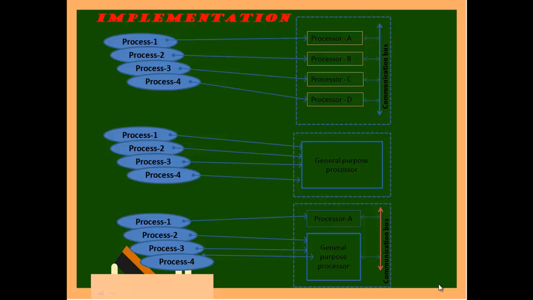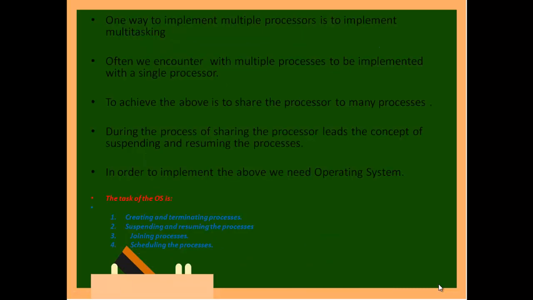So this one will do its task and give it to this one, and this will do a task and give it to the next, and they will operate in a sequence. Or what I can do is bring all processes to a single general purpose processor and implement it. In some cases, assume process A alone receives audio, and that audio has to be cleaned of noise and demodulated. Then the remaining you can do with a single processor. So process 1 alone is done by a separate processor, and the remaining is combined by a general purpose processor. All this is just a way of implementation.